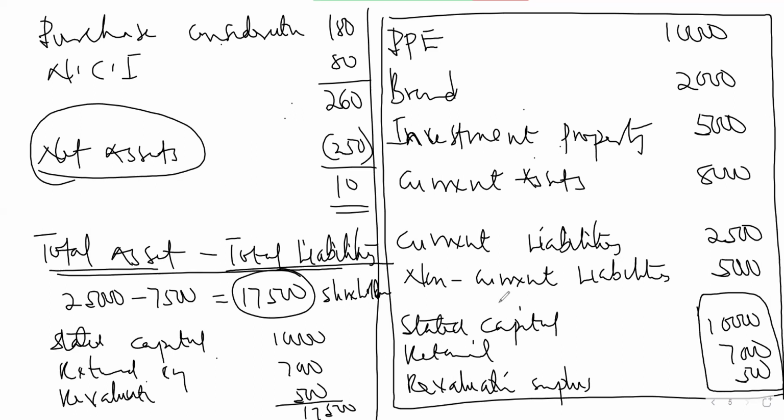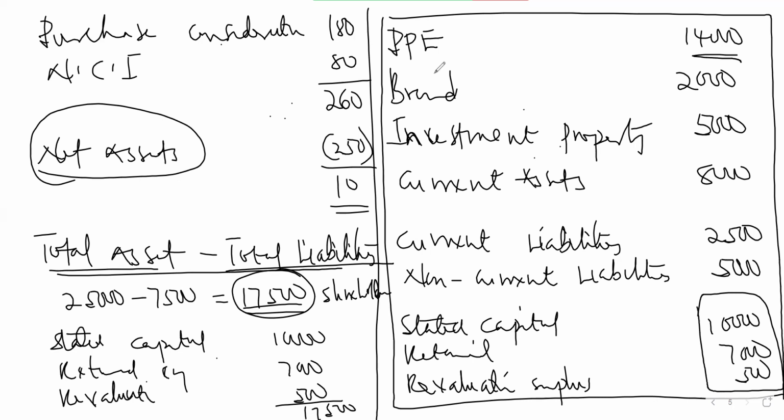It means that the value of the building should have been what? It should have been the old plus the 4,000, isn't it? Yes. So that would have been the 14,000. Okay. Assuming we have factored in the increase, the net asset should have been what? 21,500. Is that correct? Yes. Okay. The net asset at acquisition would have been 21,500. But what is the net asset that we have gotten? 17,500. So it means that we haven't factored in the 4,000.